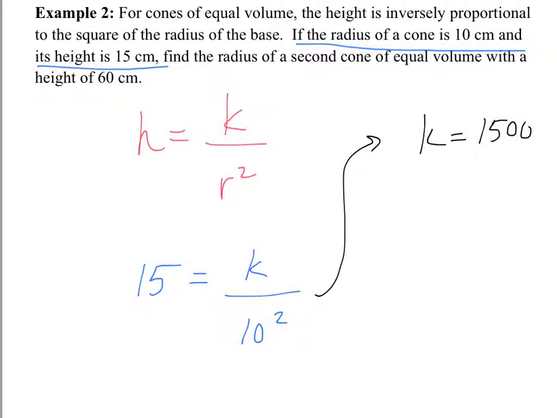As a result, Sabine, what do I have now if I have k? Once I get k, what can I do next? You can find the radius of the second column. Very good. So I can do that. What will my equation look like, Sabine? Once I have this value, what should I write? 60 times x squared equals